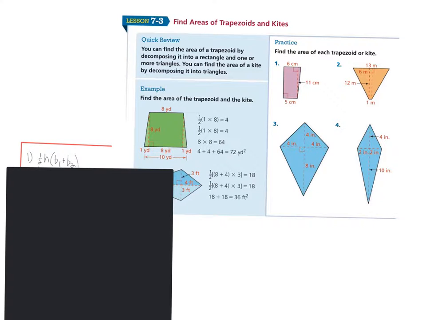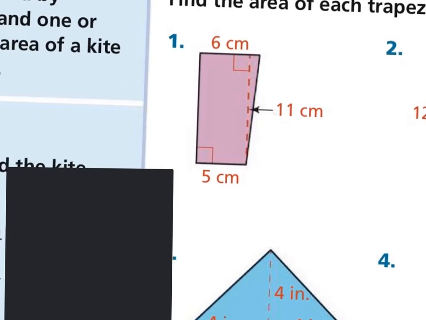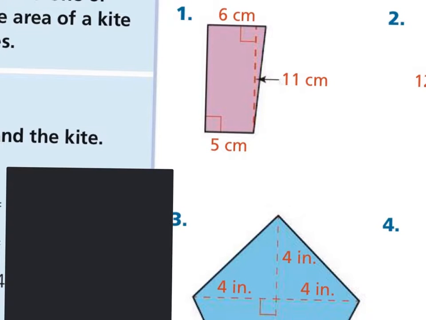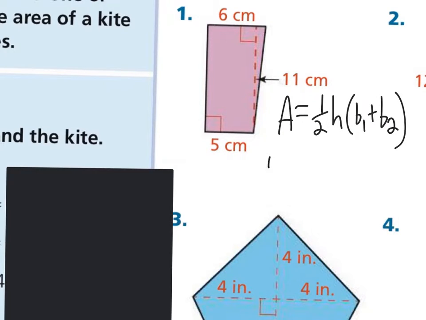Lesson 3, they want us to find the areas of trapezoids and kites. So if we look at number 1, actually there are 4 sides, and 2 of the sides are parallel to each other, so that makes that a trapezoid. Might not be what we're used to seeing as one, but it is a trapezoid. So trapezoid formula will be given for you also. So we're just going to substitute in to the